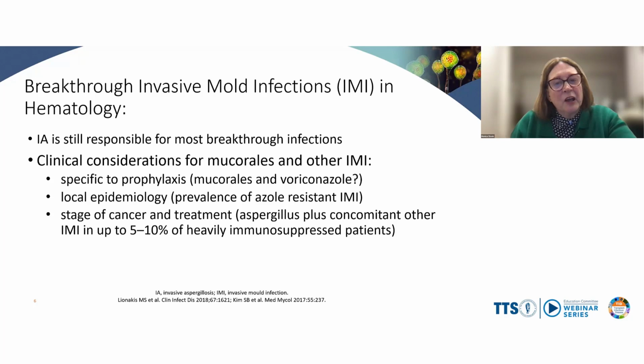So interesting that our case was very early in the course of his chemotherapy, actually undergoing his first cycle. But the piece of epidemiology I didn't tell you was that he was originally from Africa, and he'd recently visited Africa just prior to being diagnosed with his acute leukemia. And although mucorales are not very common infections in Australia, I think it may be a more common infection to acquire in Africa.